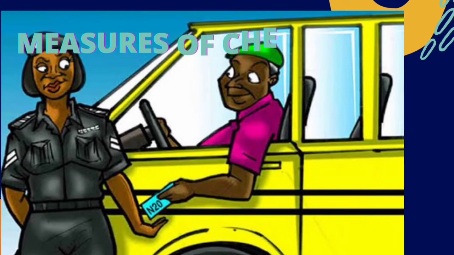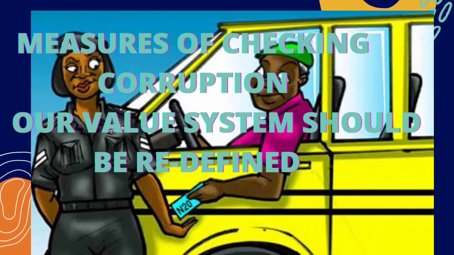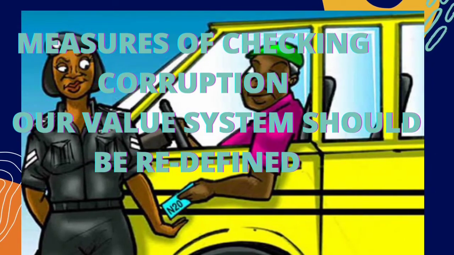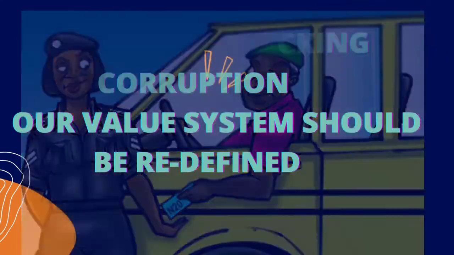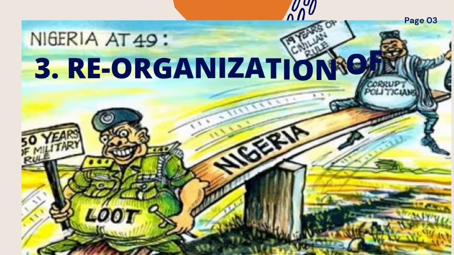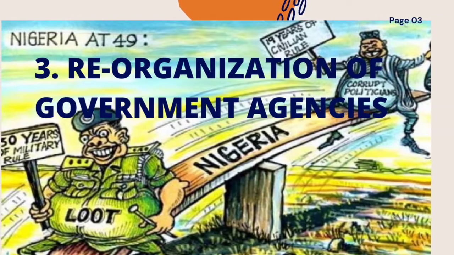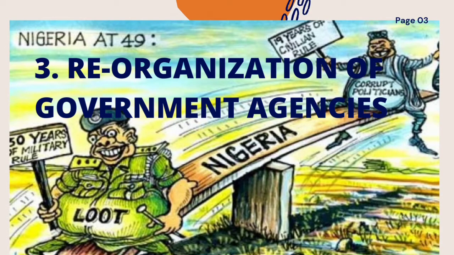Then let's look at measures of checking corruption in Nigeria. 1. Redefinition of our value system for better orientation of all. This means restoration or a change of attitude towards a number of things that we have identified as wrong actions. 2. Enforcement of laws. Laws should be enforced by arresting and prosecuting people, especially public officials, for ill-gotten wealth. 3. Reorganization of governments. Government agencies that are responsible for fighting or checking corruption should be reorganized for efficiency and